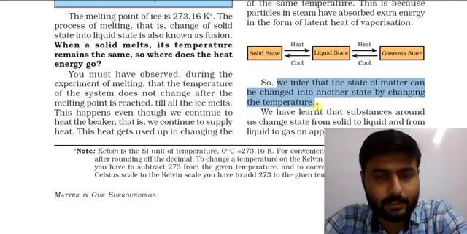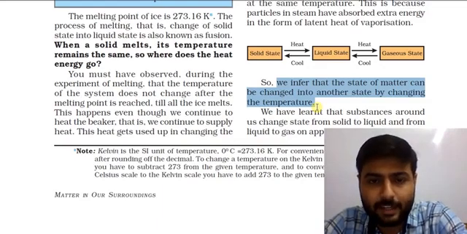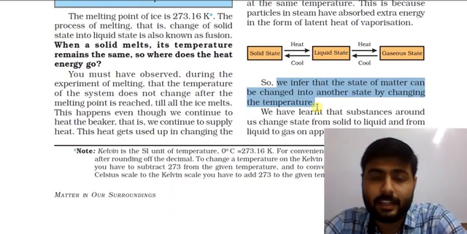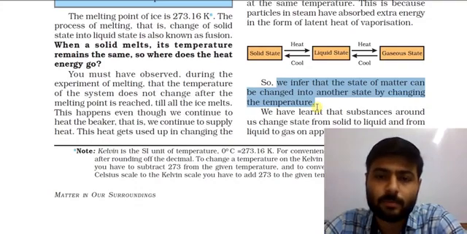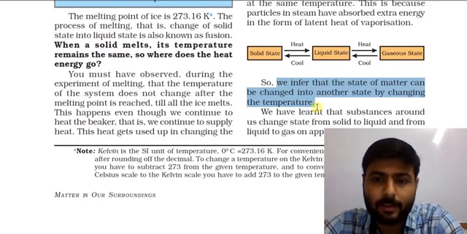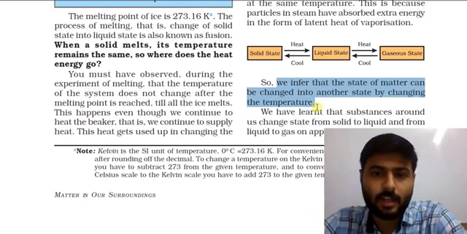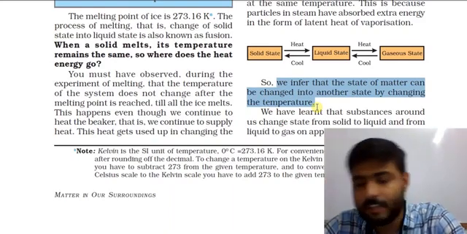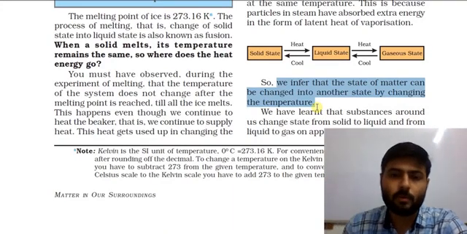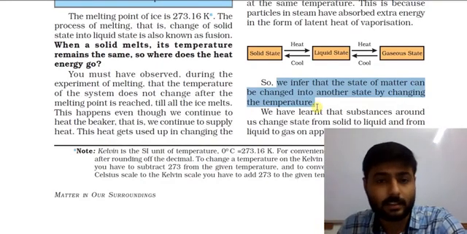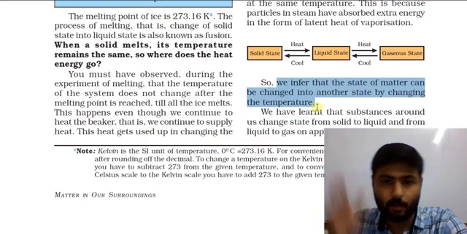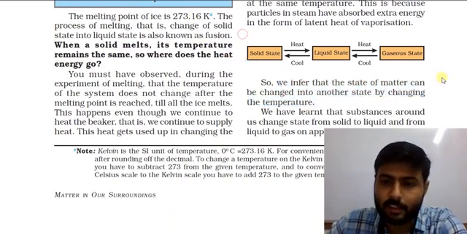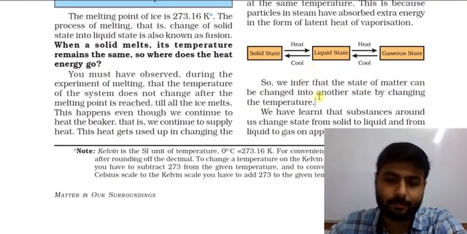So as we discussed, how can we change the state of matter? We have one way to change the state of matter. That is, if we change the temperature of that particular matter, we can change its state either by increasing or decreasing. As we increase the temperature, we go solid, liquid, gas. And if we decrease the temperature, we go gas, liquid, solid. So from this figure, you will easily understand this phenomenon.